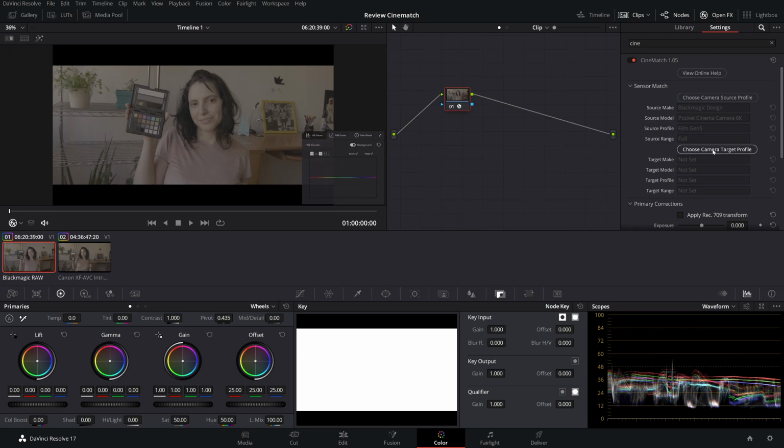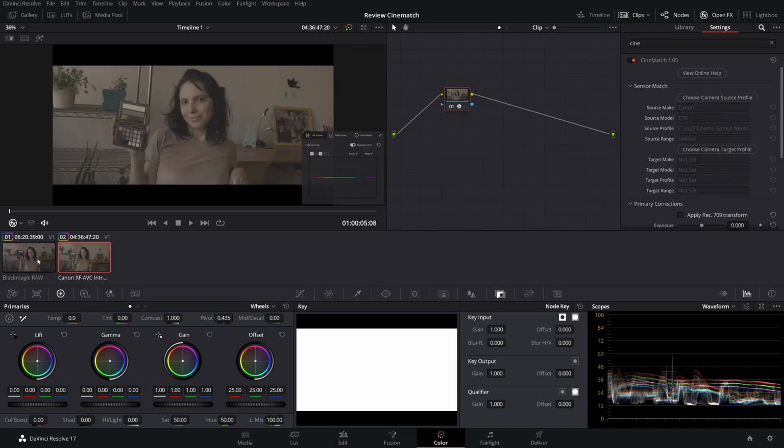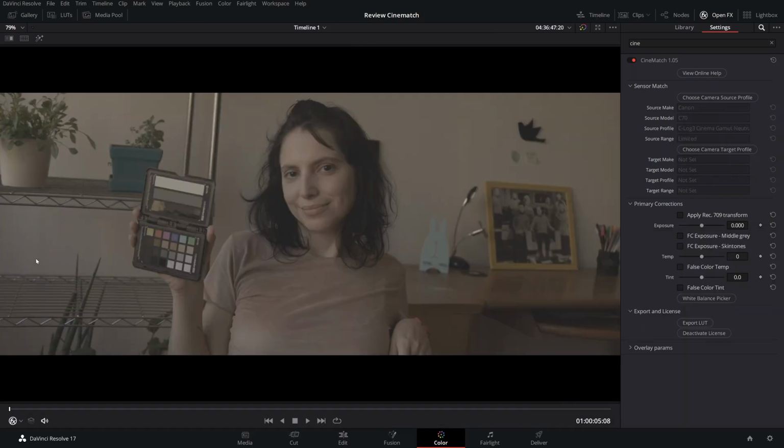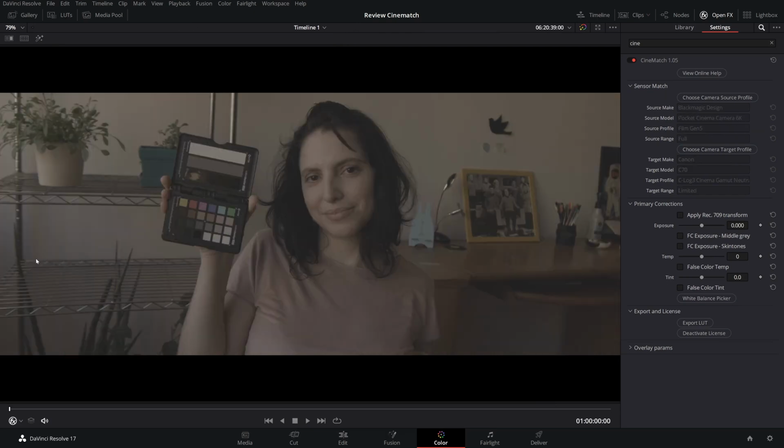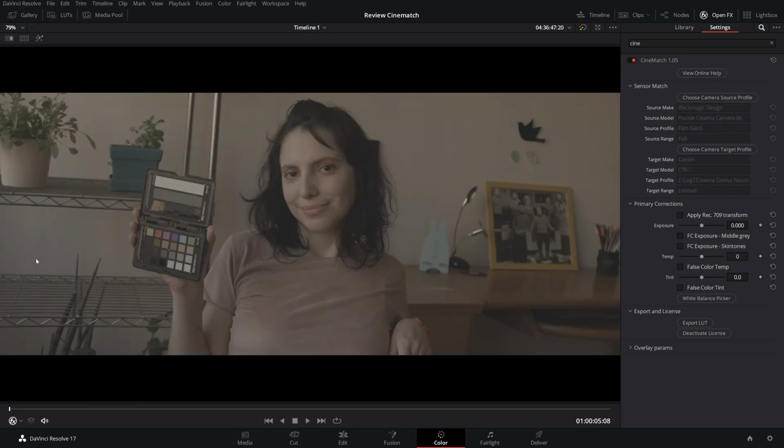I'm going to choose camera target profile, and then again Canon C70, C-Log3 Cinema Gamut, and limited. I will apply this, and it already looks a little better, almost the same. We have some differences yet, but they look very good.